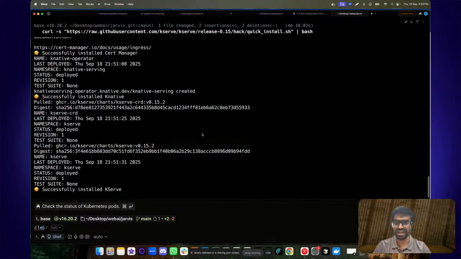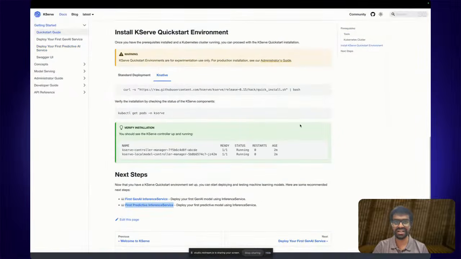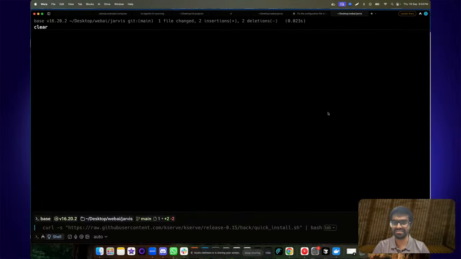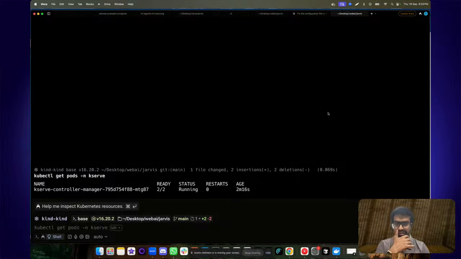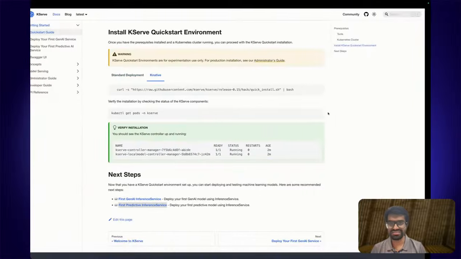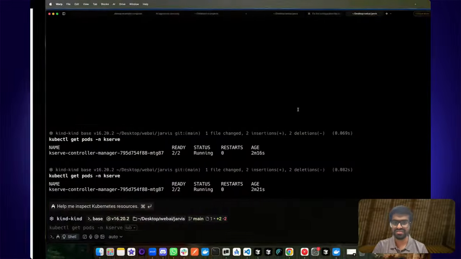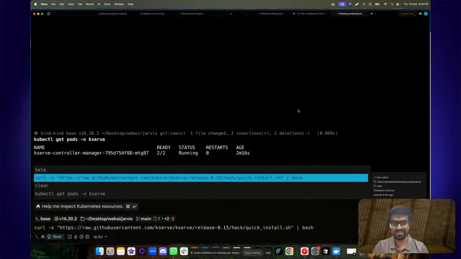And we have added, so let's go back to the quick start guide and we'll just verify that KServe has been installed. Okay, so we see the KServe controller manager, but I'm not seeing the local model controller manager. That's interesting, because did we run the same command?